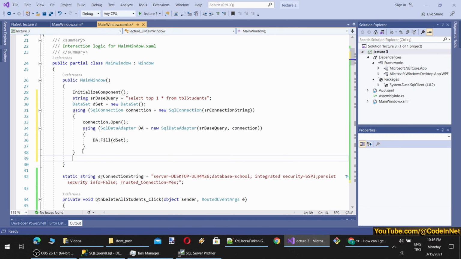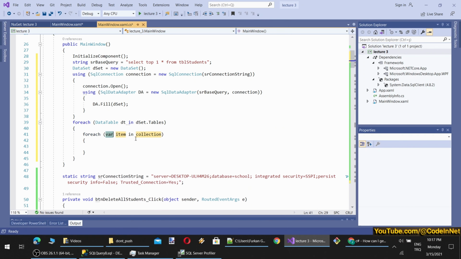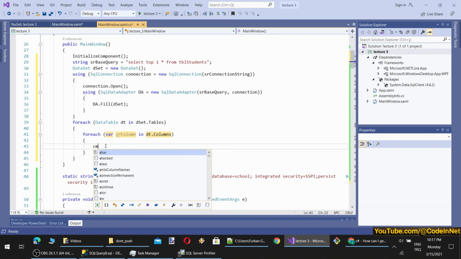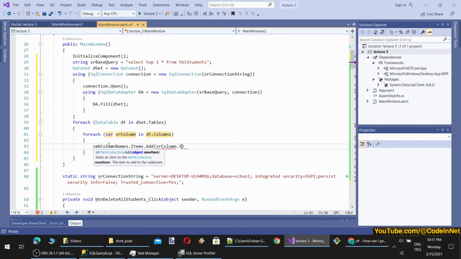Then for each, tables, first table, and this will be data table dt, and inside dt dot columns, here we have column, and then I will populate my combo box items, add column to string.